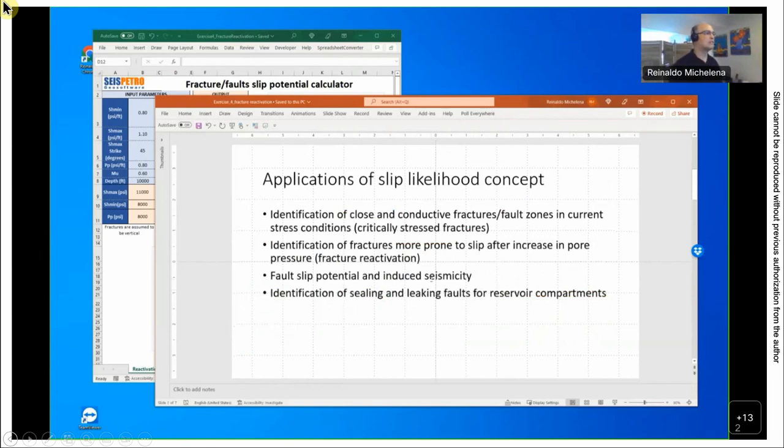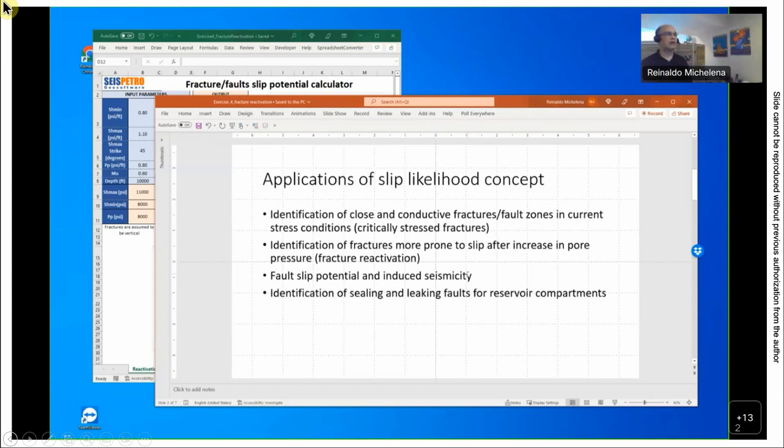For instance, fault slip potential and induced seismicity, and this is very important. For instance, in geothermal applications, if you're going to inject water, and perhaps in some areas you hydrofrac and increase the pressure, are you reactivating other faults with that water, by that increased pressure? Or if you are in a process of storing wastewater